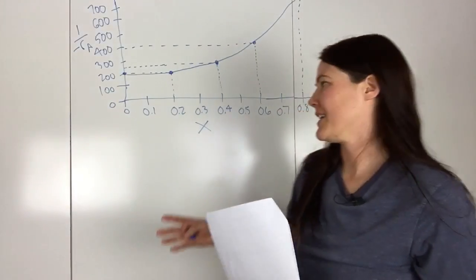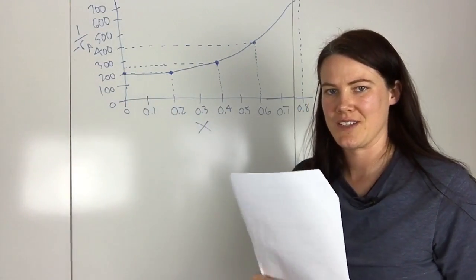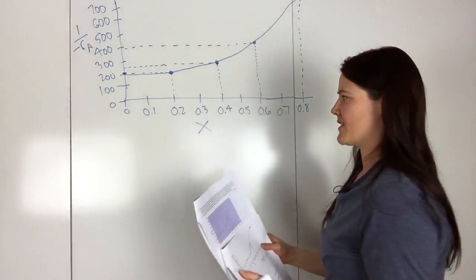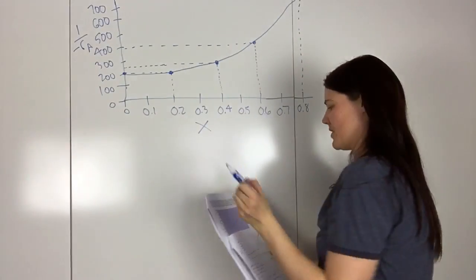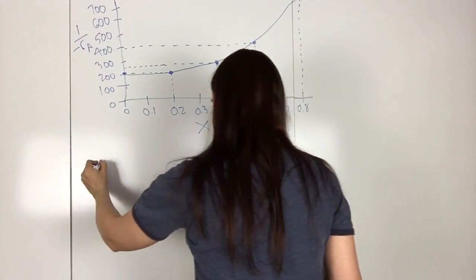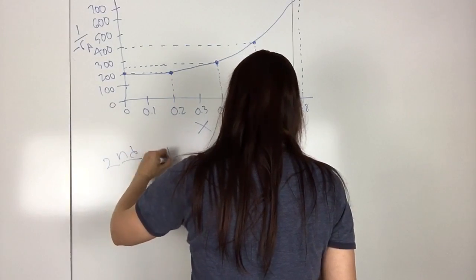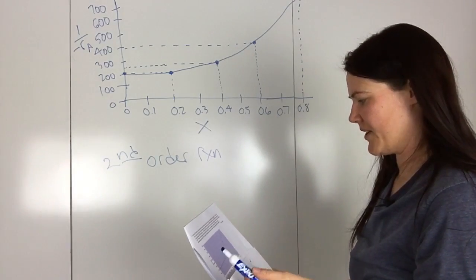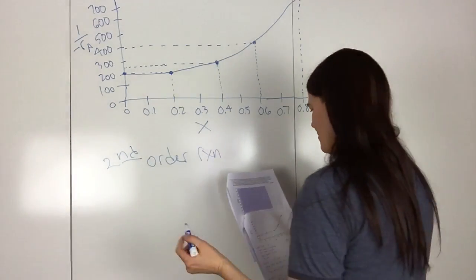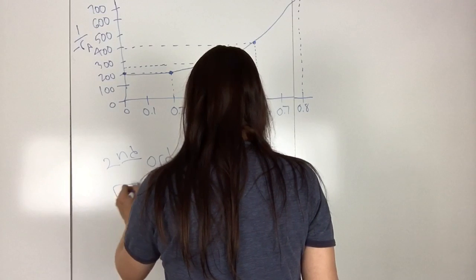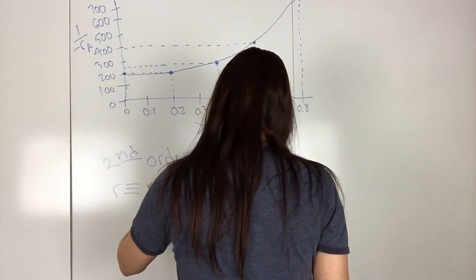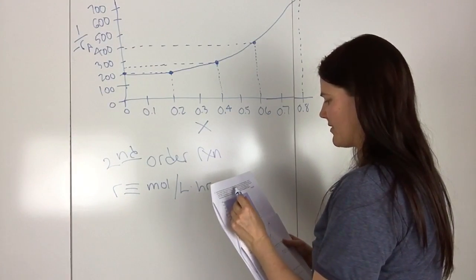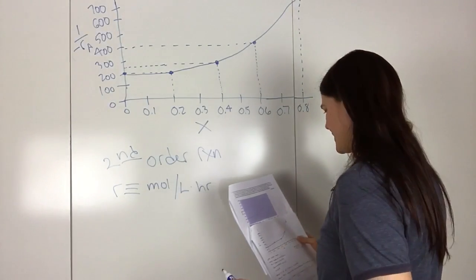So for this problem, I drew the graph already just to save time. The problem statement says inverse of the rate versus conversion, so this is the inverse of the rate versus conversion for a second order reaction, as shown in the following figure. Units of the rate are moles per liter hour. Pure A is fed to the reactor at a volumetric rate of 1,000 liters per hour,